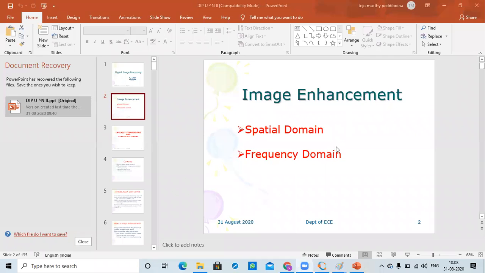Spatial domain means pixel by pixel operations. That means let us take one image here.